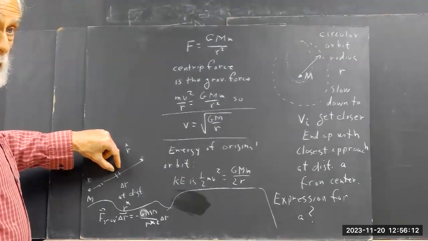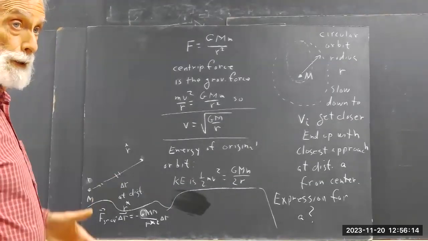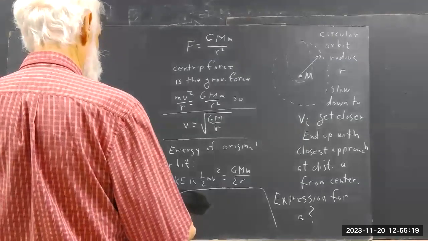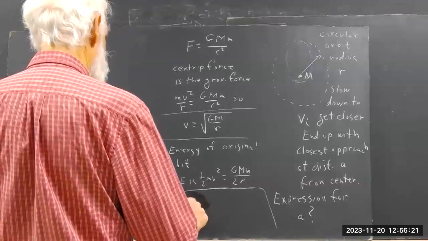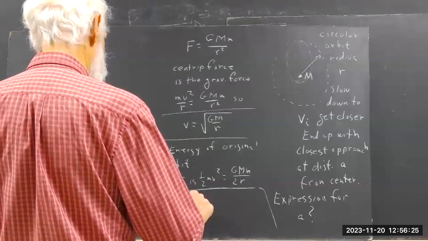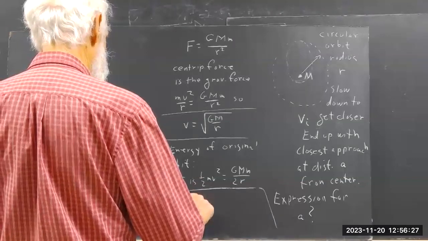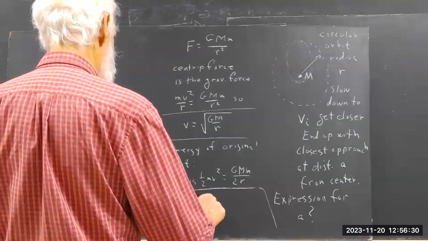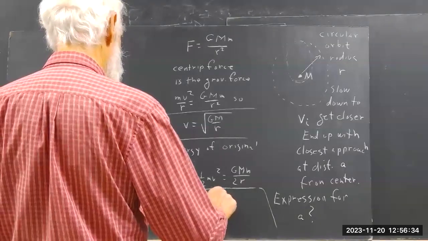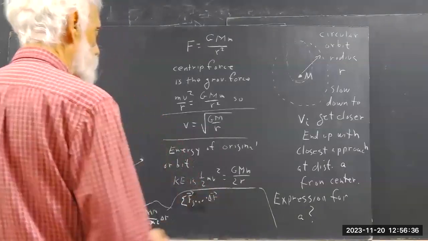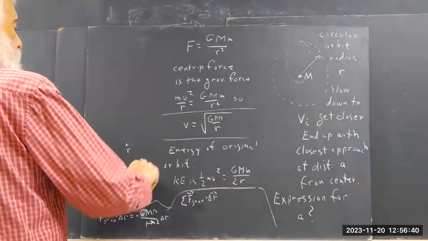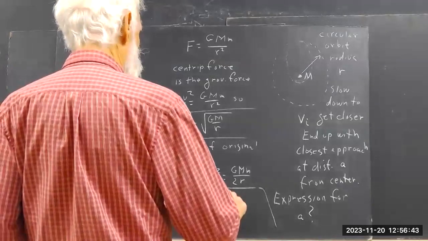You did this in calculus, sums, limits, and all that. So I'm just going to say the sum of all the F grav times delta r, broken up into limited increments, approaches the integral